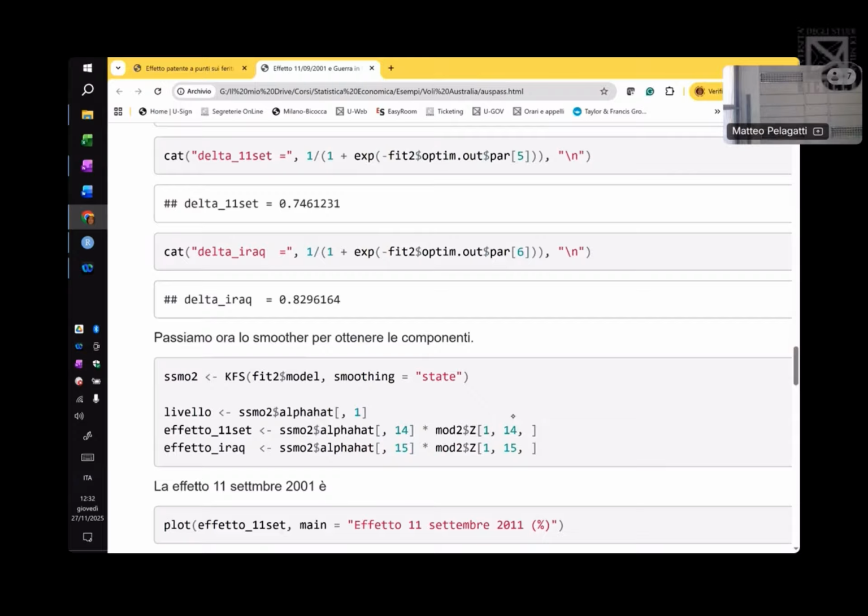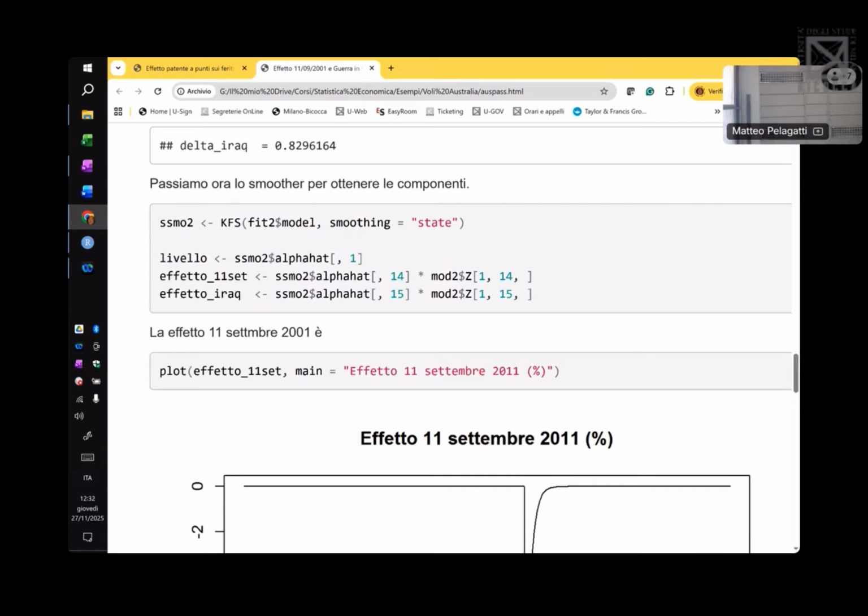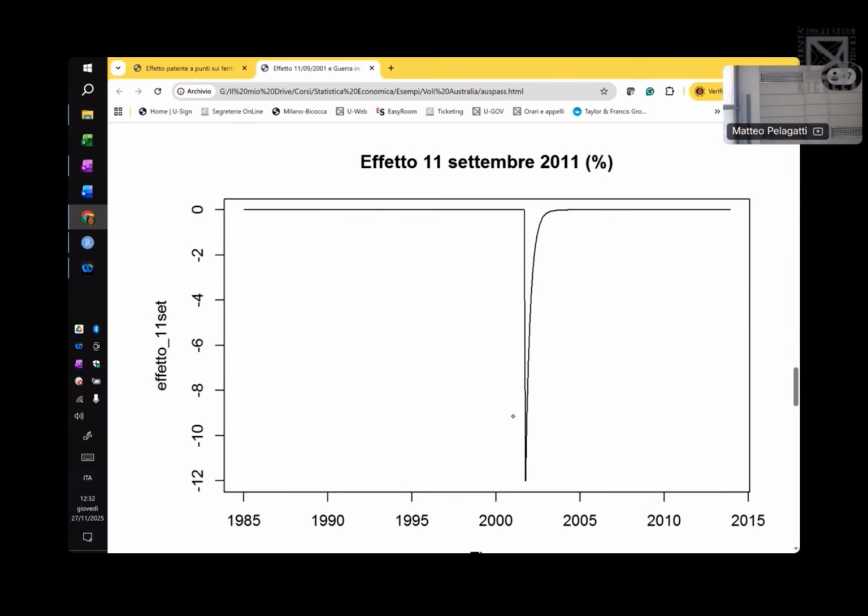We saw that from the plot. So the Iraq war decreases by about 13% every month. And indeed, this is the estimate for the 11th of September, by percentage. It had a momentary decrease of 12%, but it goes up to the previous situation rather quickly, maybe in 1-2 years, 1.5 years,